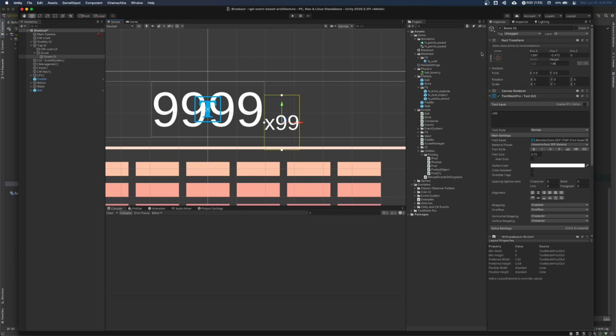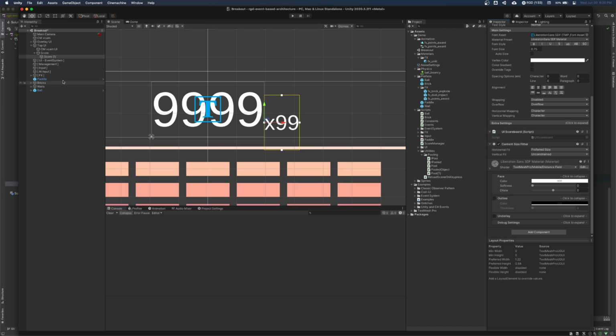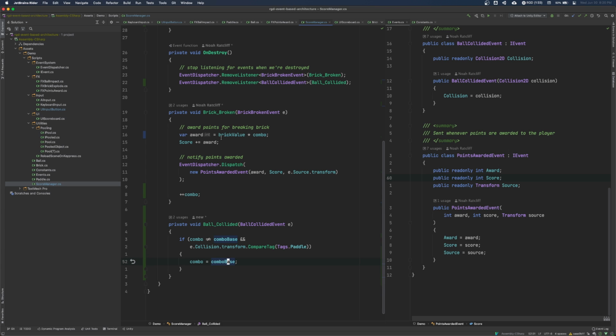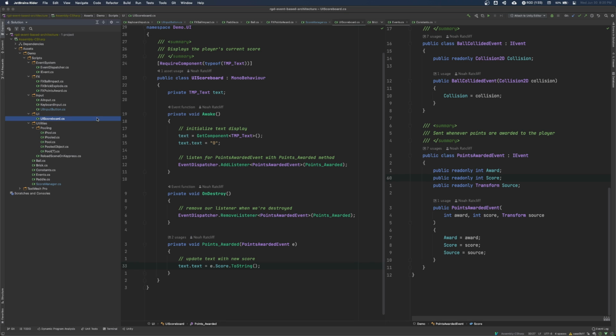So we'll just attach that there, and we will just make it a little bit fancy. And that should be good. And so we'll really do pretty much the exact same thing we're doing with the scoreboard, so much so that I'm actually just going to copy and paste it.